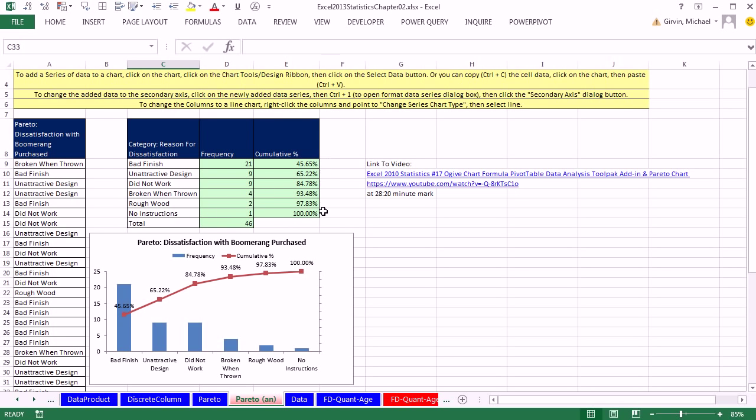Then we do a cumulative percent. This chart is for quality control, where you list the reason for dissatisfaction with the most frequency or highest percentage first, sorted in this direction. We're not going to create this in this class. There's a reference video here if you want to learn how to create this. I've done this in other statistics series. All right, we're going to scroll over here.